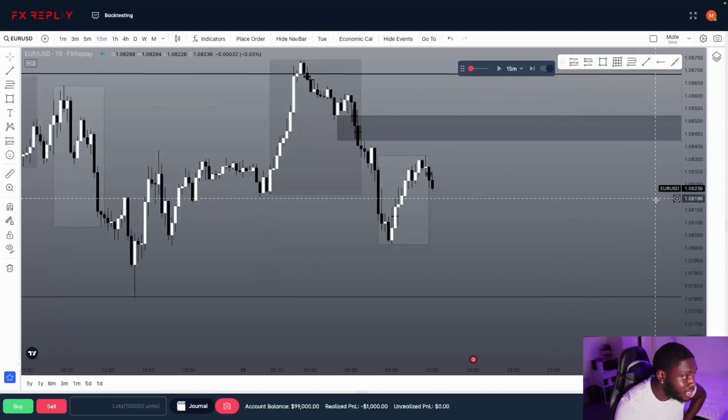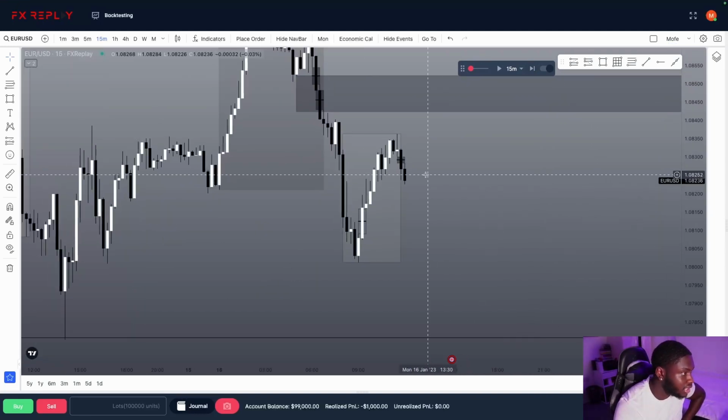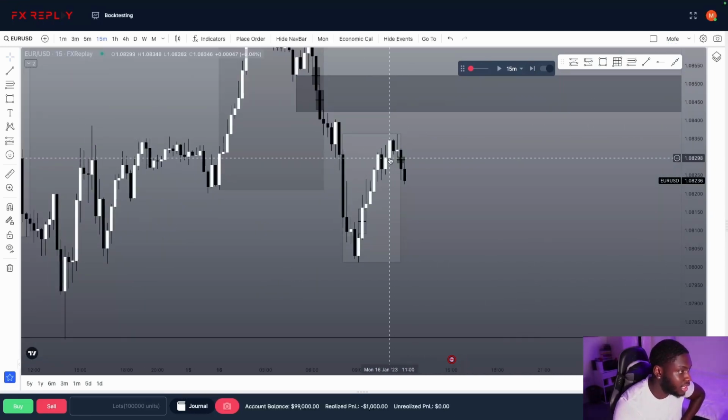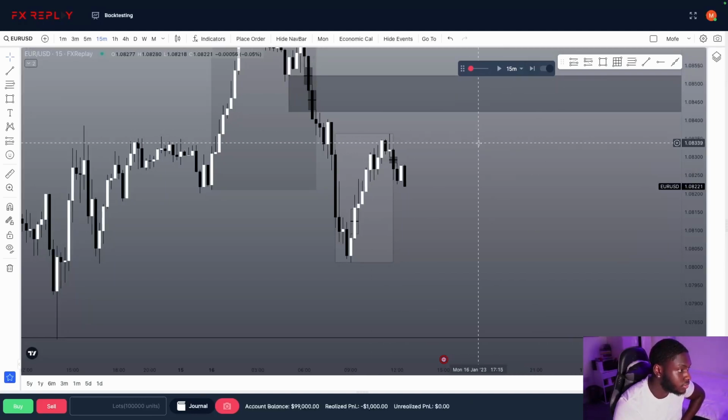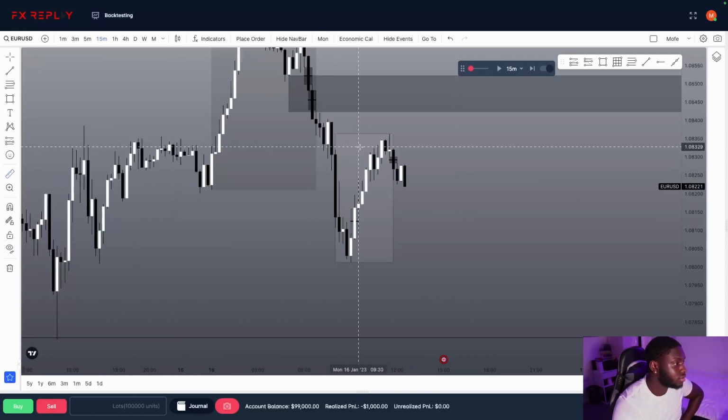If I can find a sell, I'll be more than happy to take it. Actually, it looks like this order block is setting up now, but we haven't seen our breakout structure of this low. So if I see that, maybe I'll be interested. Okay, we've seen the break. So right now, we've got the liquidity sweep.